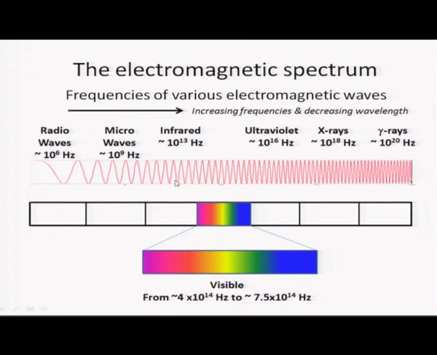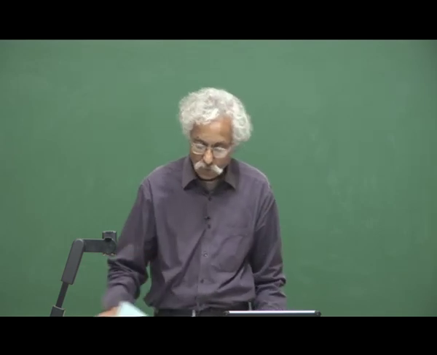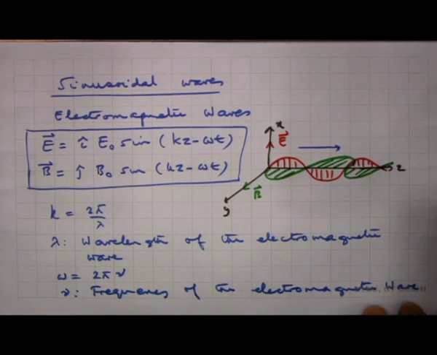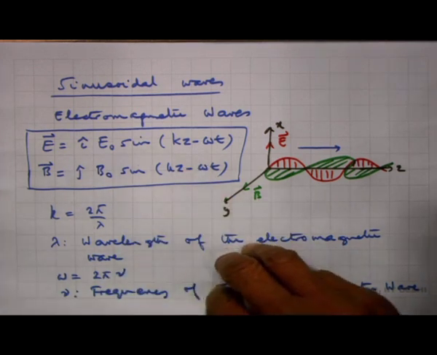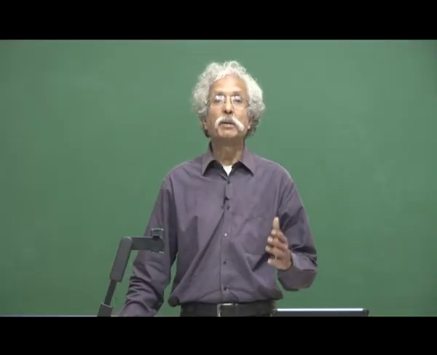So, as the frequency increases here, the wavelength drops down, and you can actually calculate and show that the wavelength of these waves is much shorter than the wavelength of these waves. I will leave it to you to calculate the corresponding wavelengths knowing the speed of these waves, because in the next class we will discuss in more detail, starting from this equation which I wrote down, the electromagnetic waves, electric and magnetic fields. I will show you that these two equations are consistent with Maxwell's equations, and that omega by k, which is the velocity of these waves, is related to epsilon 0 and mu 0, the dielectric permittivity of free space,